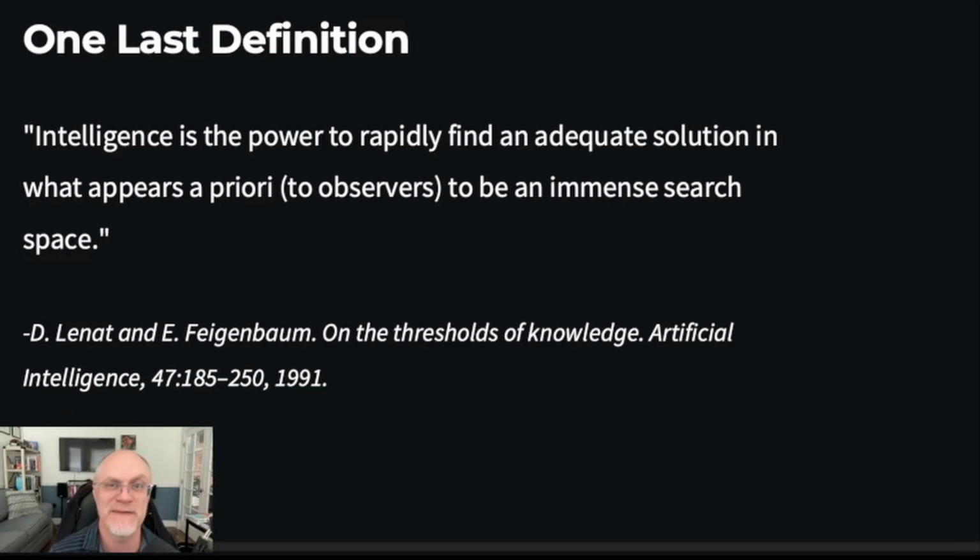So this definition here is great. The ability to rapidly find an adequate, doesn't have to be perfect, but an adequate solution in what appears to be ahead of time an immense search space. So if you think about solutions to different problems, there's a multitude, thousands, sometimes millions of possible combinations of ways we could do things. So given that, it would take too much time to try out every one. So we have to be smart. We have to think about, okay, what are the best ways we can start to approach this, narrow it down. And this ends up being a lot of what machine learning and AI is about, as we see. The systems are learning from data, from their training, what are the patterns that we should apply in order to get to what we believe is the right answer.